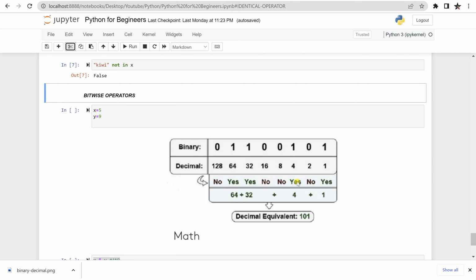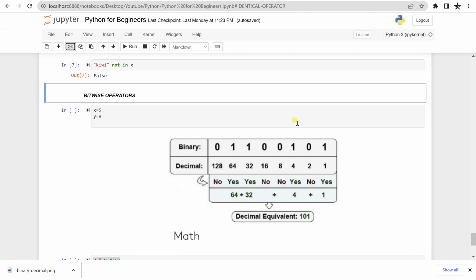4, yes, because we need 5. So in that case, we will give it 1. And for 2, 0, because we need 5, so overall 5. So it's just 1 I need now. So I'll give it 1 for 1. So the rest of the other numbers which we don't need, we will give it 0. So at the end, the binary is this, on which this whole calculation is going